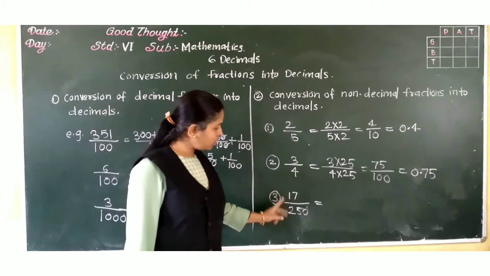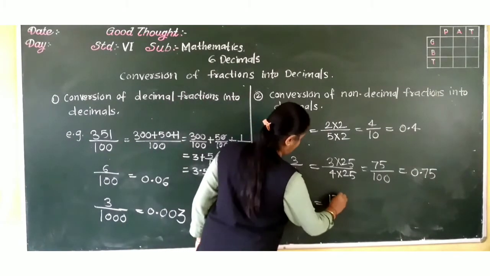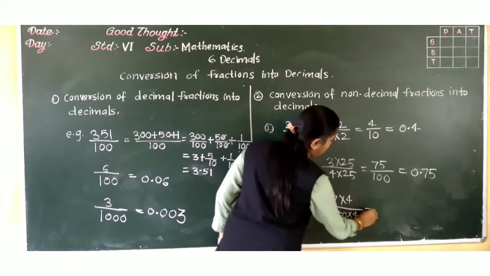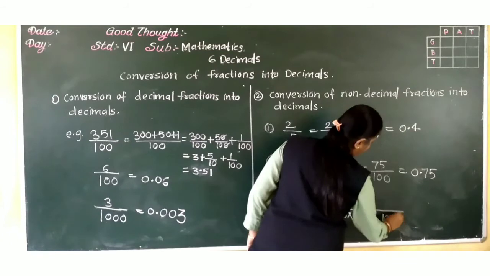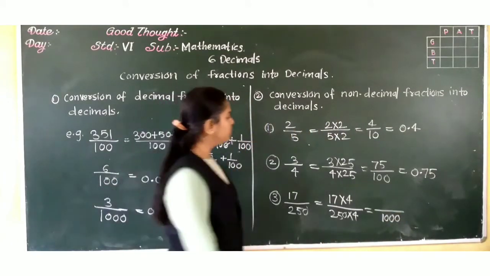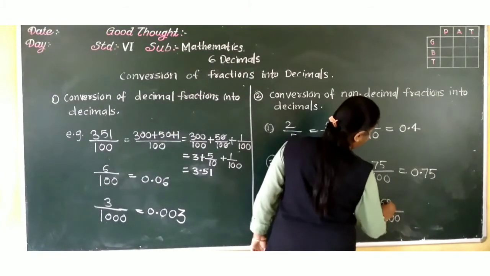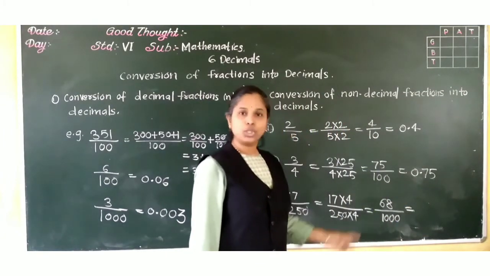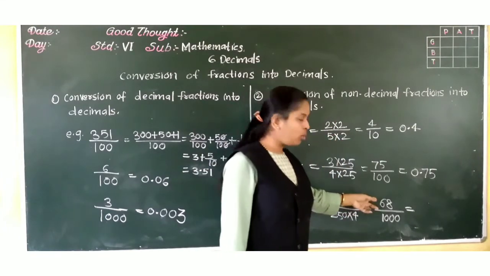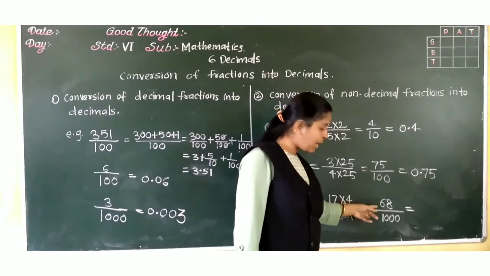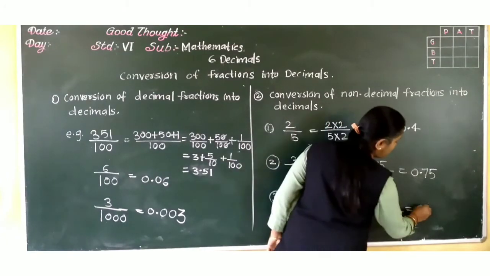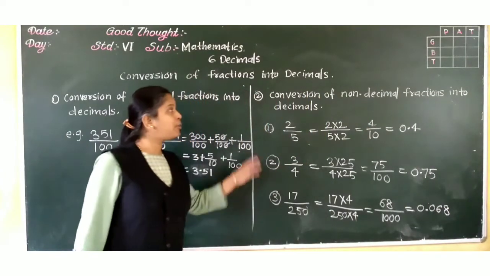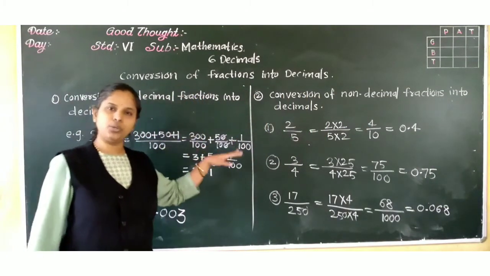Decimal. Now this, if I multiply 250 by 4, I will get 1000, and 34, 74, the 68. Now see, at decimal 3 digits are there. So the numerator also needs 3 digits, but here only 2. So how to take the third digit? By adding a 0. That is whole part nothing and 0.068. Followed? In this way we have to convert non-decimal fractions into decimals.